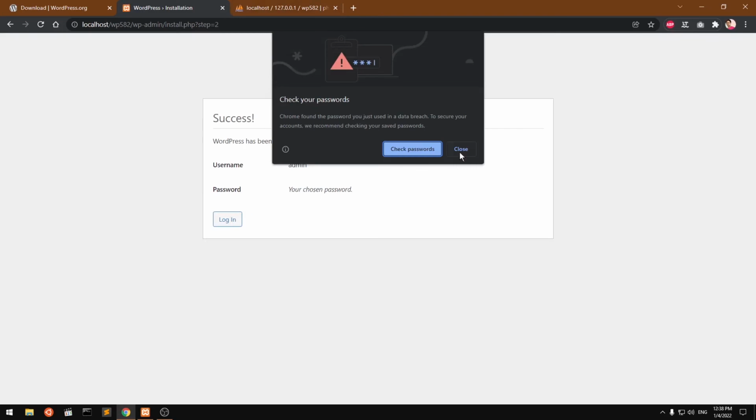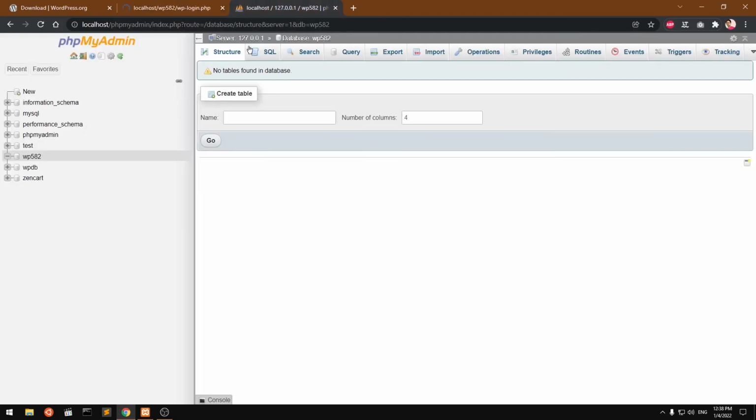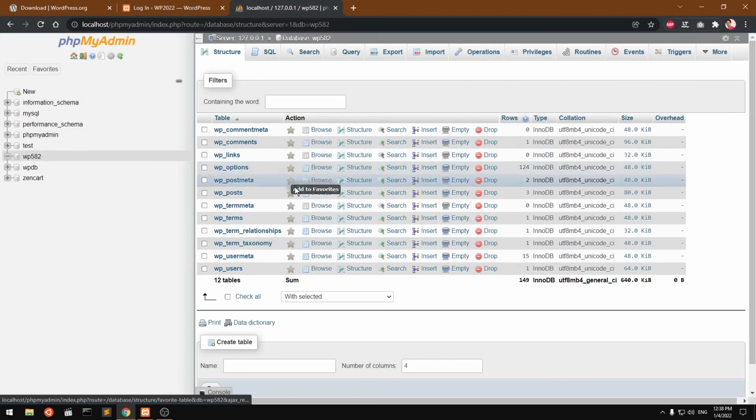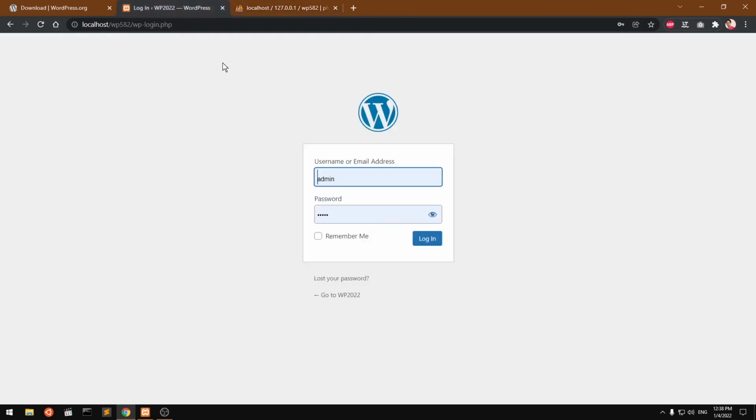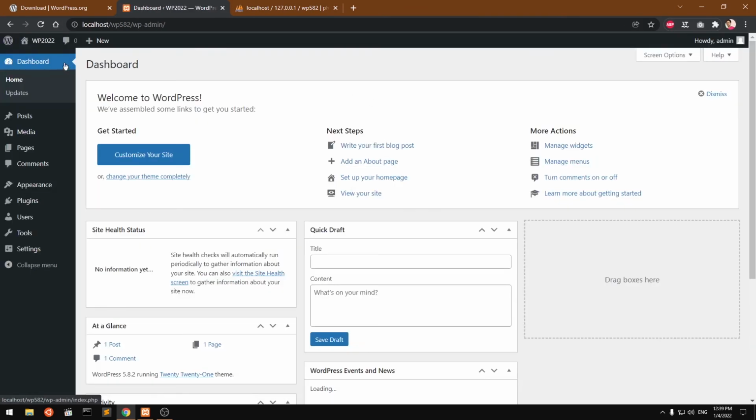So as soon as you install WordPress, you will see the tables. 12 tables have been created. Okay, so those are the default tables. If you don't have any plugin or any custom post type plugin installed on your system, that's what you get when you install WordPress, 12 tables. All right, now I can go ahead and log in with the username and password, admin,